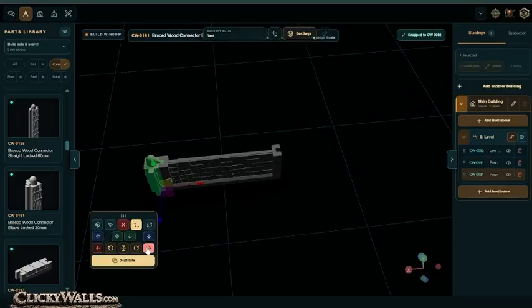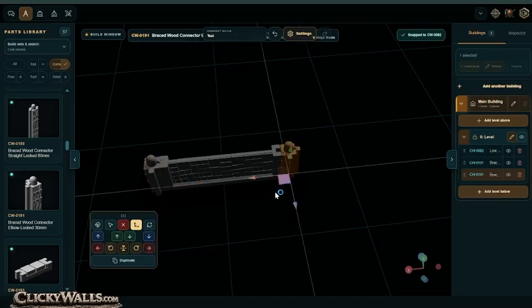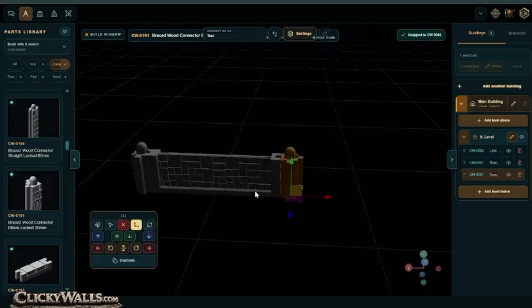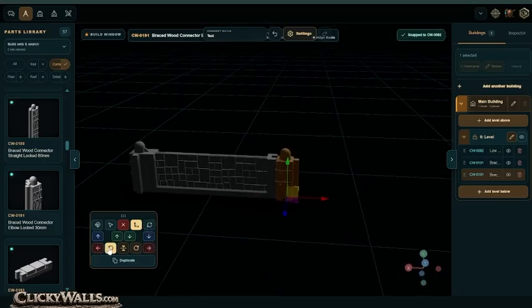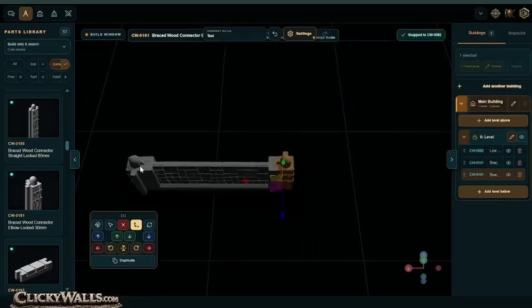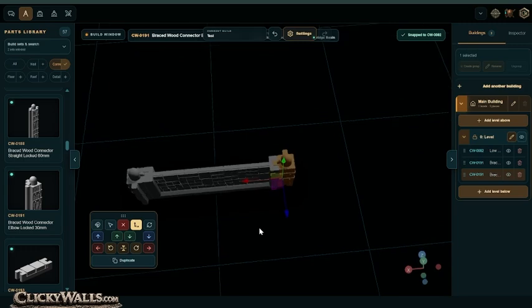So then we duplicate it, move it over. So this red arrow represents that one, and the blue arrow obviously represents this one or that one. So we could move it up there, we could move it down here, we can move it that way. It moves it 111 millimeters, and that is the exact distance that you would move a wall. So it'd be the same